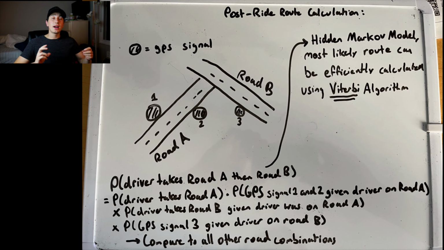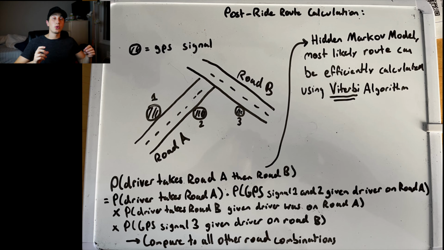And that's actually not as easy as you might think, because the GPS signals themselves are a bit imprecise, right? Like they might be 10 feet, 20 feet off the road. So one way that I've seen that Uber will actually account for something like this is by using something known as a hidden Markov model, where basically it's saying, okay, considering all of our GPS signals and considering how likely